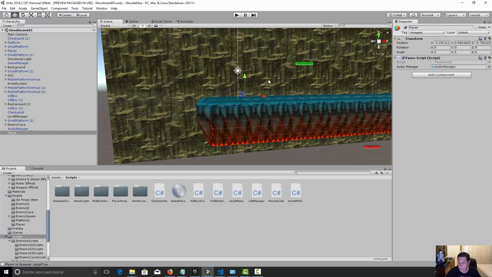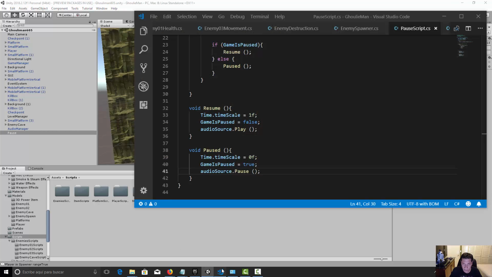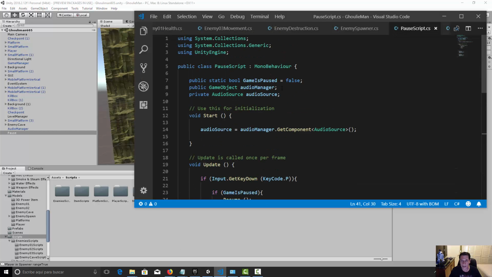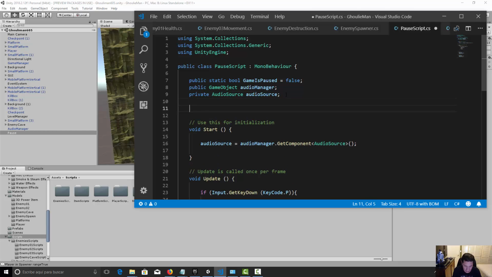So let's go to our pause script and let's make another variable. So it's going to be a private audio source called pause audio,